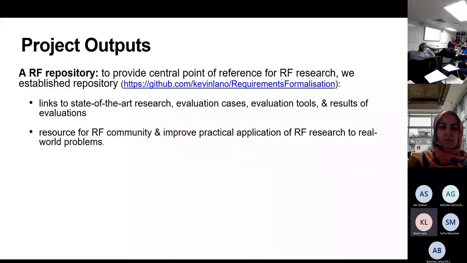One of our main outputs is the requirements formalization repository, which is at this GitHub, and the aim of that is to provide a central point of reference for requirements formalization research.